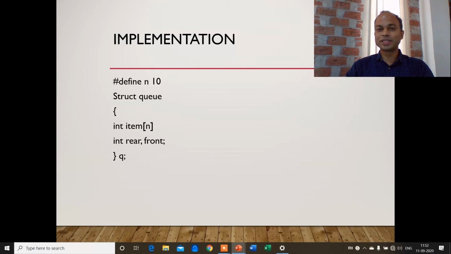If we talk about the implementation part of the queue, in this example I have taken a queue where the size is 10. I have made a structure of the queue with an item array and two variables, rear and front, for these two ends.